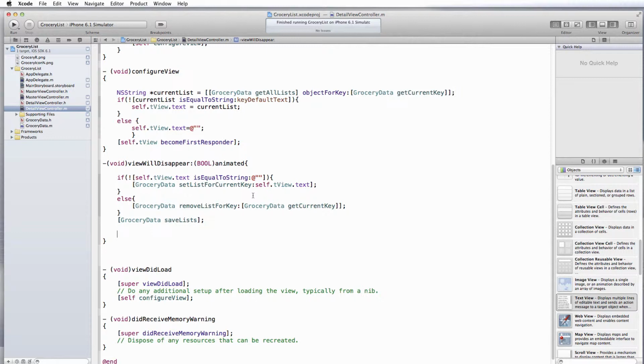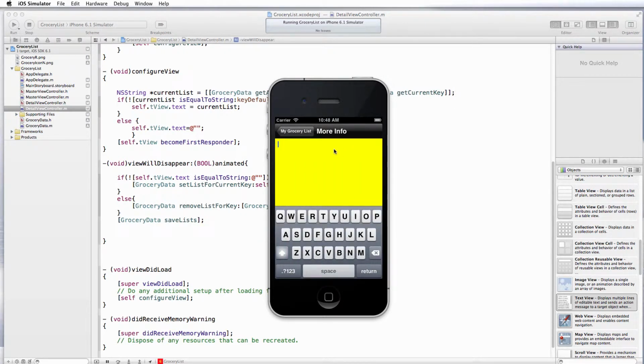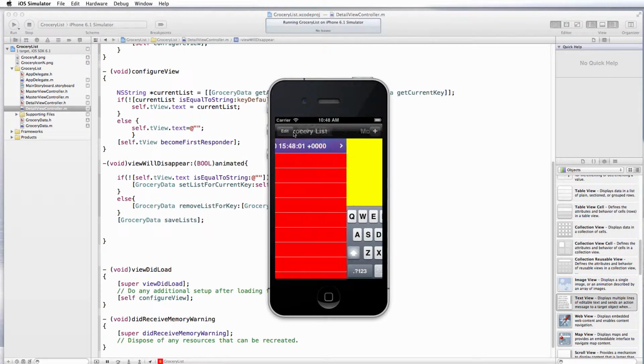If you want to, you can go ahead and run your simulator, and you'll see what we have so far. The biggest thing you'll notice is when we want to add a grocery item to our grocery list, it automatically populates with the date and time pair there. But when we go in to add a detail for our list, our keyboard shows up. So what we're going to do next is learn how to actually add a title that makes sense to each item on our grocery list, and also learn how to delete these items from our list.